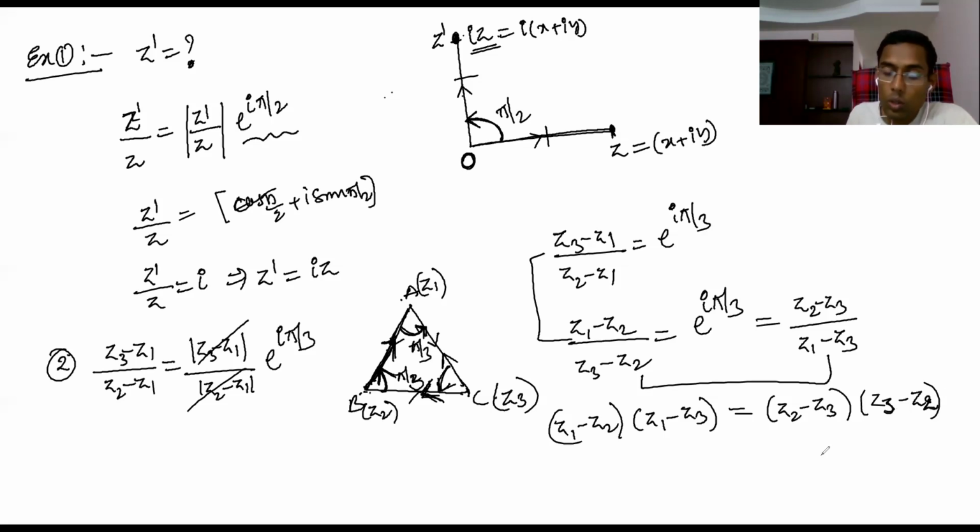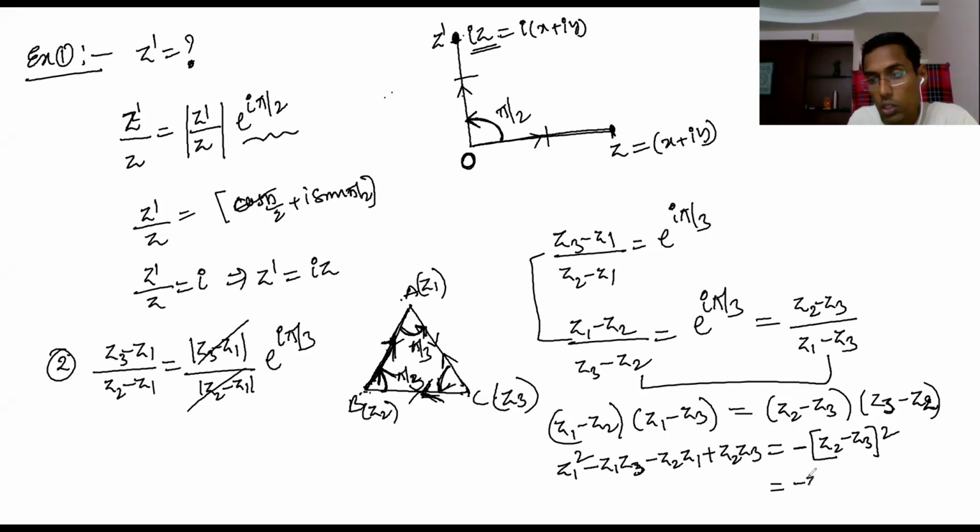Okay, so here this is Z1 square. Understand Z1 square: this is minus Z1 Z3 minus Z2 Z1 plus Z2 Z3, and here if at all you see Z2 minus Z3, so if I take minus common, this is Z2 minus Z3 whole square. Okay, so what I can write here, this one I can write as minus Z1 Z2 square minus Z2 square minus,